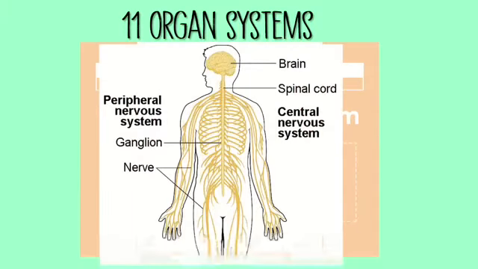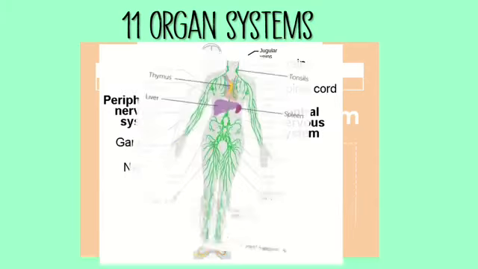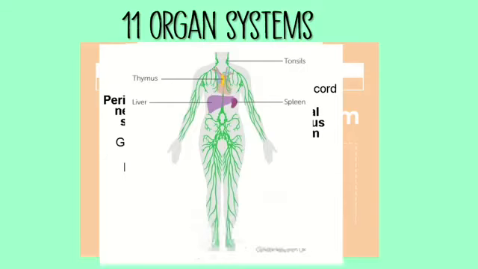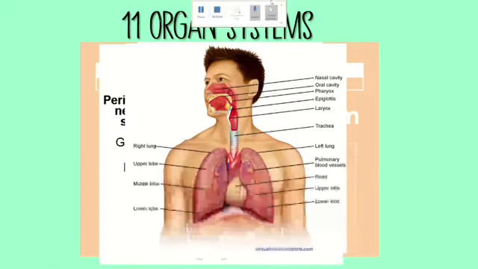The nervous system includes the brain, spinal cord, and somatic nerves. The circulatory system includes your heart, blood vessels, and blood. The lymphatic system is made up of the lymphatic vessels, which travel with your blood vessels, and the lymph nodes. Finally, the respiratory system encompasses the organs of breathing, which include your nose, pharynx, larynx, trachea, bronchi, bronchioles, lungs,